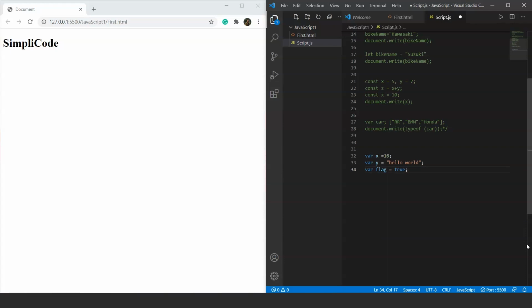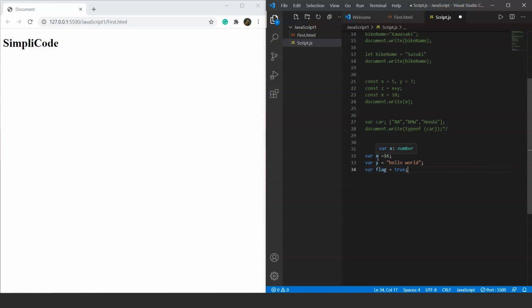Here we can talk about those properties of JavaScript which I mentioned earlier. JavaScript variables are loosely packed and JavaScript is a dynamically typed scripting language. These 2 points refer to the same thing. Here you can see we have defined three variables: X, Y and flag as well. The values for all three variables are different from one another.